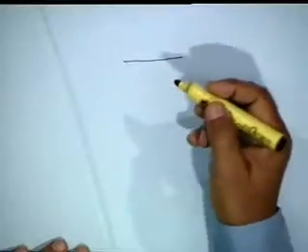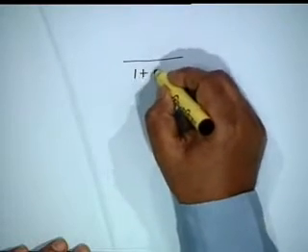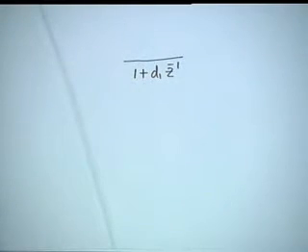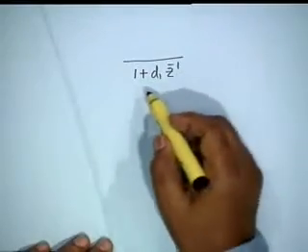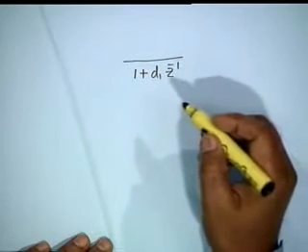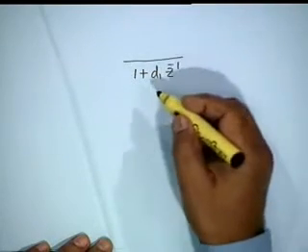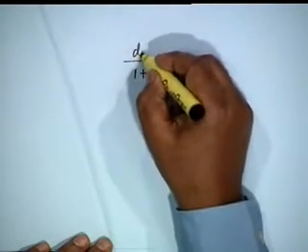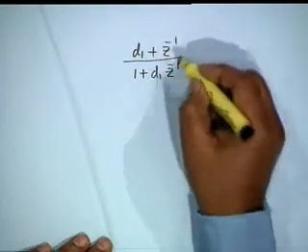several properties of all pass filters, and the simplest all pass filter is of course the first order, where the denominator, because it is IIR, the transfer function shall be a rational function. In the first order filter, if we take the denominator as 1 plus d1 Z inverse, then the numerator is simply the same polynomial with coefficients in reverse order, that is d1 plus Z inverse.